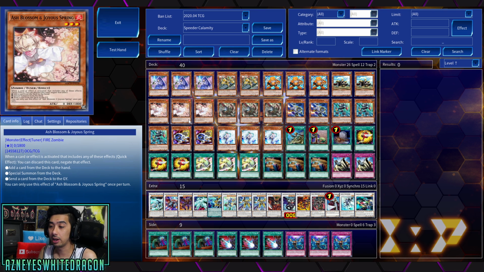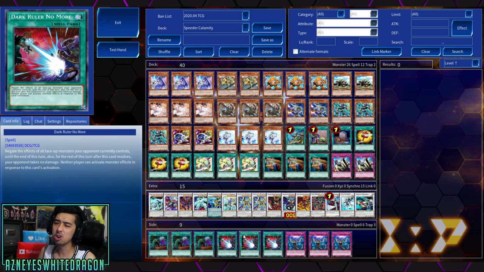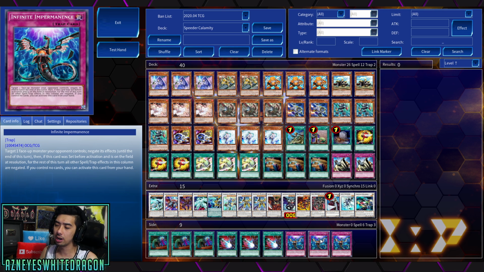Depending on what deck they're playing, obviously Nibiru can be a thing that you need to think about as well, because you will be special summoning multiple times in this deck, and there's an instant negate that you will be able to have access to. So I think that things like Called by the Grave can be excellent for those purposes, or Dark Ruler No More, or Impermanence, just to go ahead and stop anything that your opponent would do if you happen to go